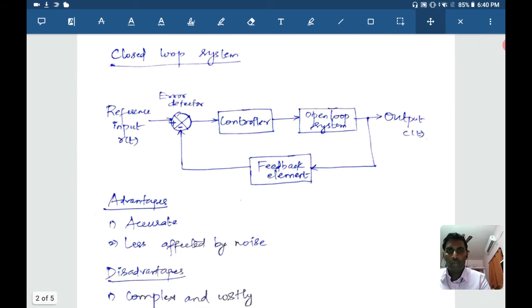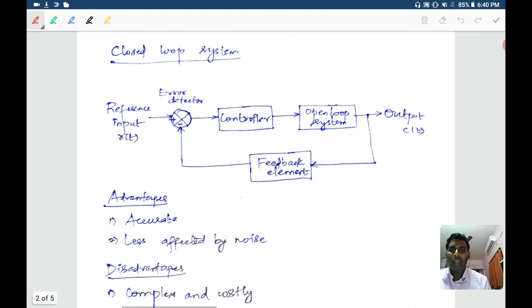For a closed loop control system, we have some extra components other than the open loop system. We have the controller, feedback element, and the error detector in addition to the open loop system that we saw in the previous block diagram.